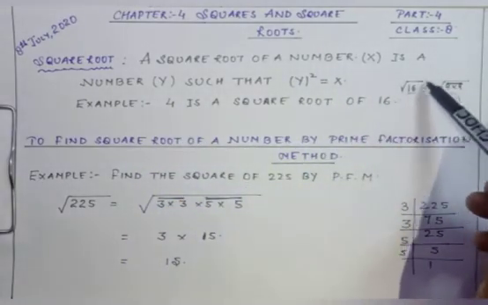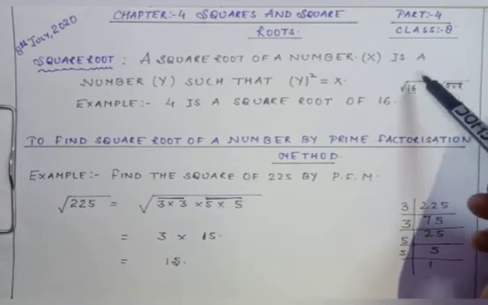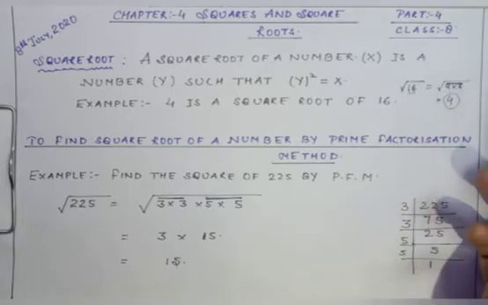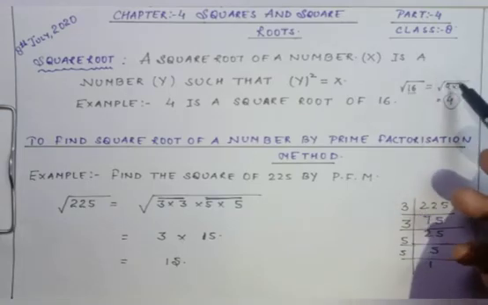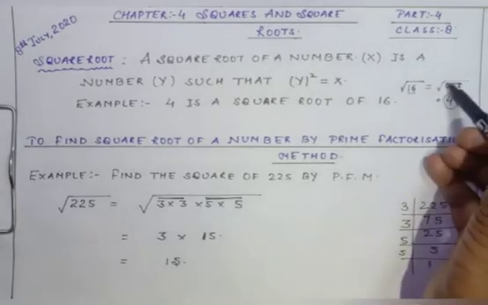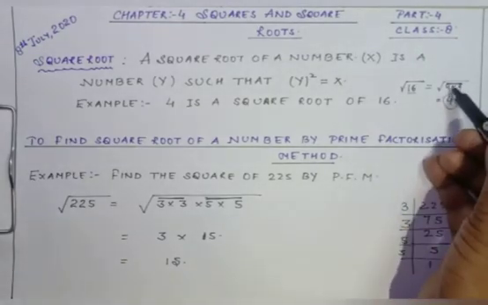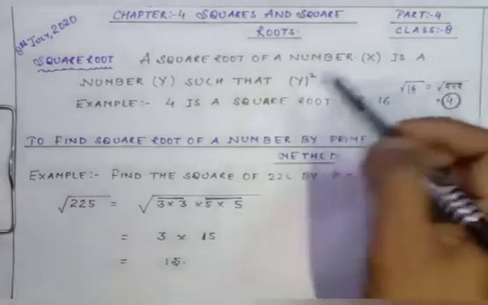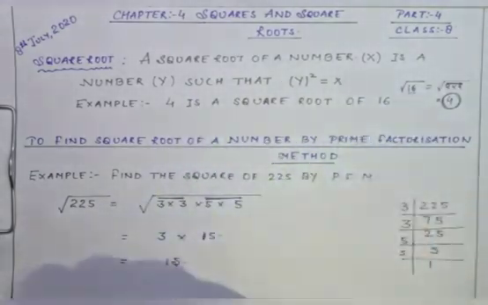First of all, we are going to place 16 inside the under root, and after that I am going to find out the prime factor of 16. Over here the prime factor of 16 is 4 into 4. It can be 2 into 2 into 2 into 2, but it is easy to write the prime factors as 4 into 4. And after that we are going to pair it, and we are going to take out one number from that, and that is 4. So 4 is the square root of 16, or we can say that 16 is a perfect square of 4.